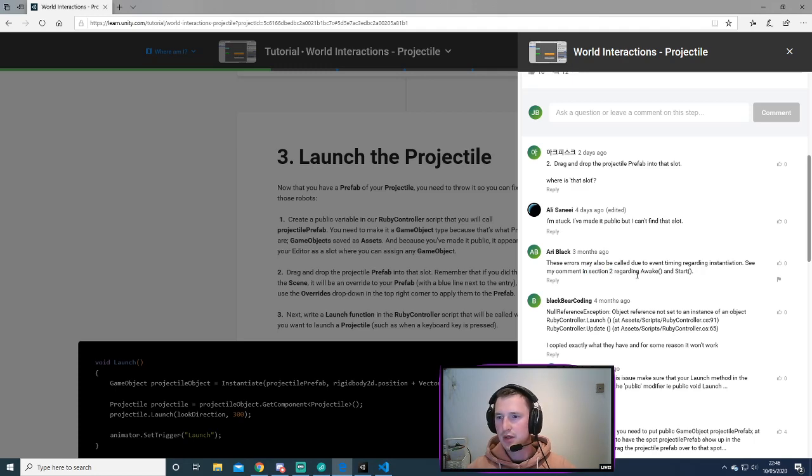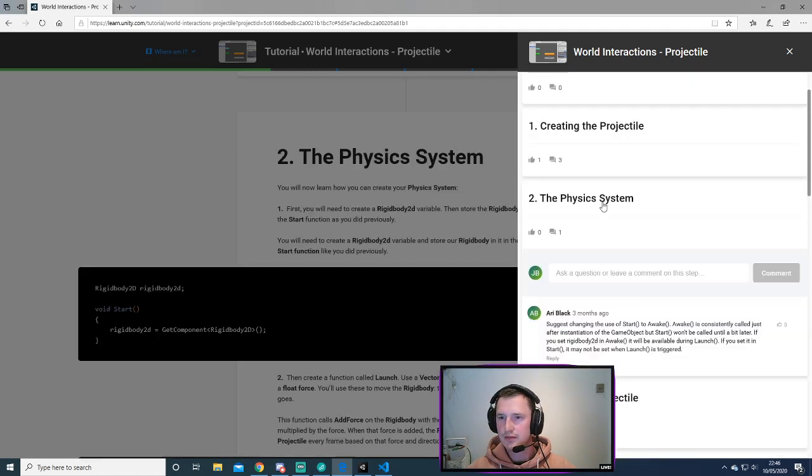See my current section 2 regarding Awake and Start. So changing the use of Start to Awake. Awake is consistently called just after instantiation, so the game object's Start won't be called until a bit later. So if you set the Rigidbody 2D in Awake, it'll be available during Launch. If you set it in Start, it may not be. Yeah, and that's exactly what is happening. So, yeah. Okay, so